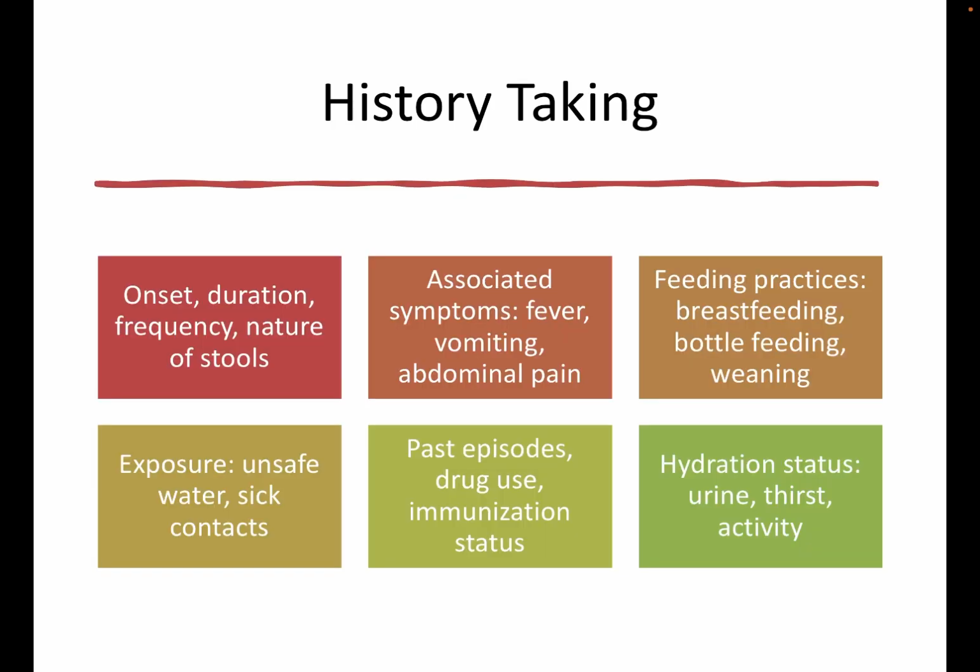In case of history taking, you should remember to ask about the onset, duration, frequency, and nature of the stools, followed by associated symptoms like fever, vomiting, abdominal pain, breastfeeding practices and bottle feeding practices, and what things are given during weaning. Also ask about exposure to unsafe water or sick contacts. Then, past episodes of such diarrhea, drug use, and immunization status have to be carefully elicited,